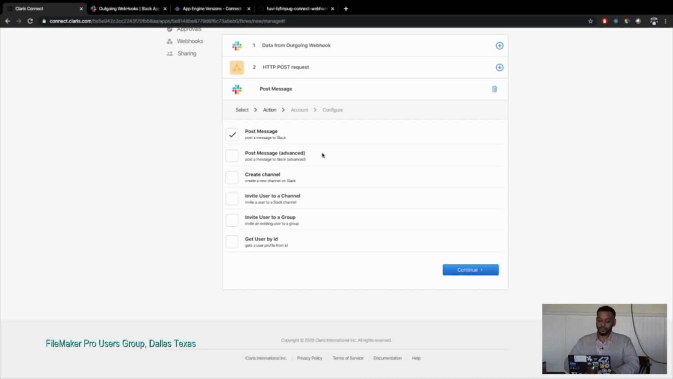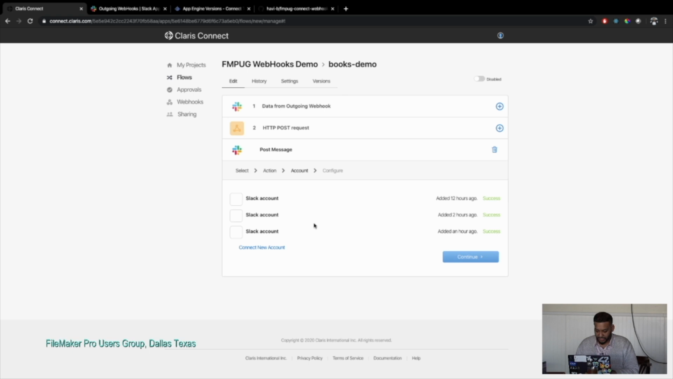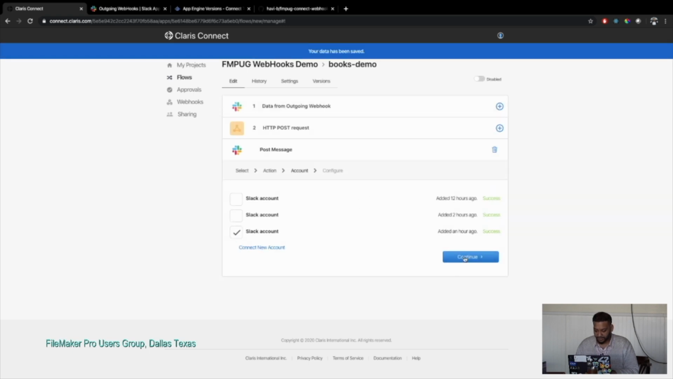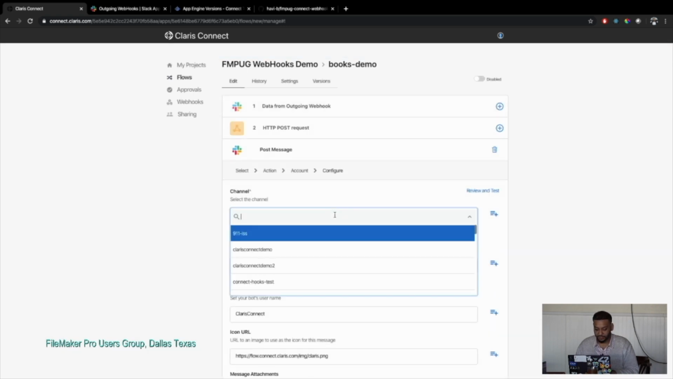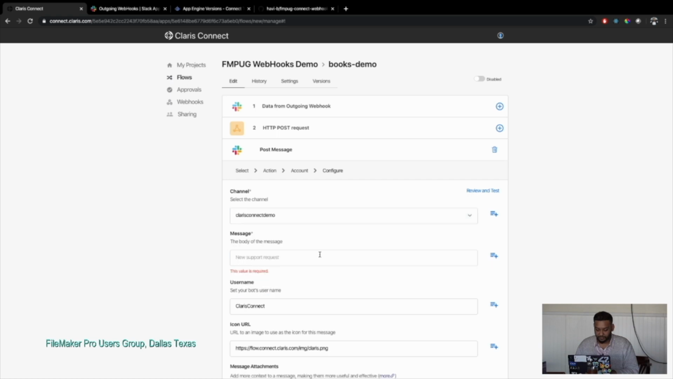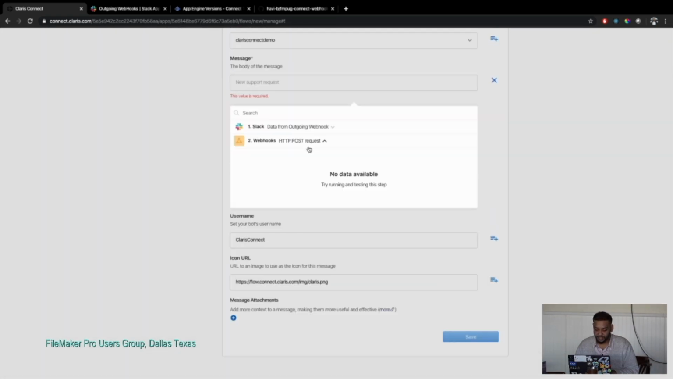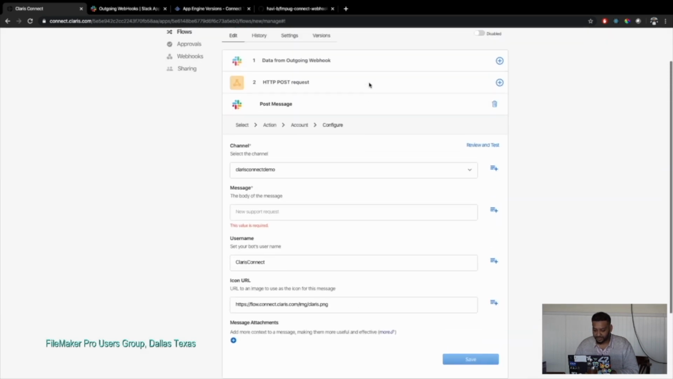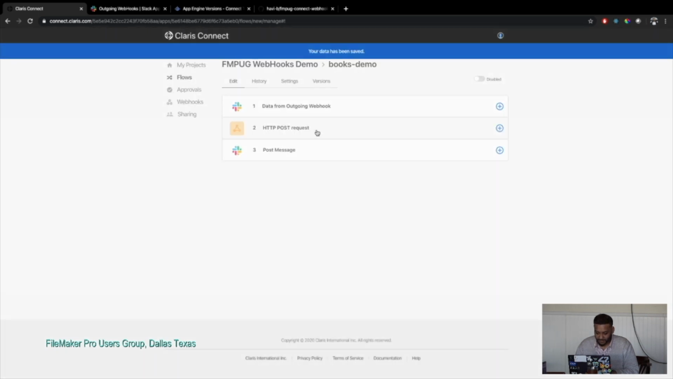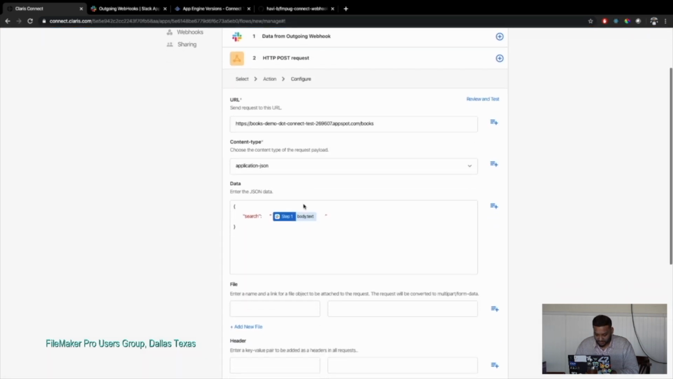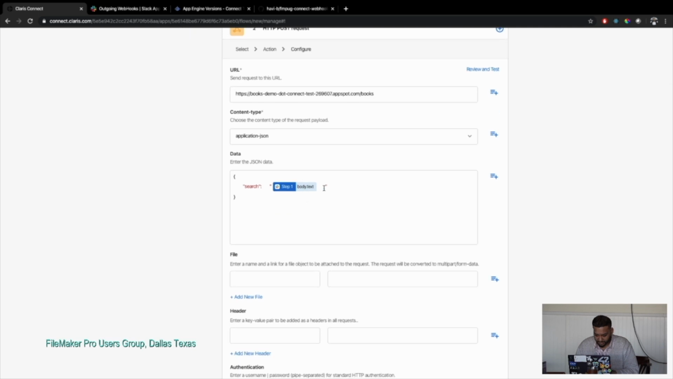So what we want to do on that action is we're going to go ahead and write to Slack. We'll use this account here, and we'll write to the channel, Claris Connect demo. And then the body of that will be, oh, that's right, we need to get a response. Well, for now, let's just put some default data just to save it in, and let's test this. Application JSON, search is